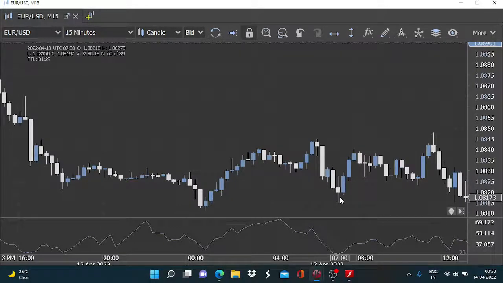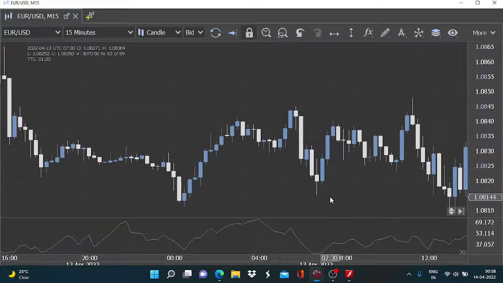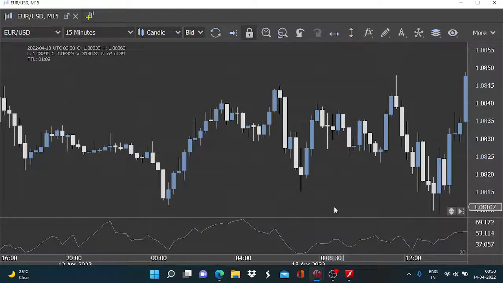So we will consider the closing value of the last 15-minute candle, and we will compare it to the penultimate one. If it is still lower and there is divergence with the MFI output,